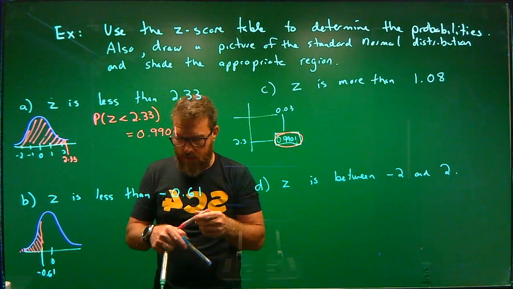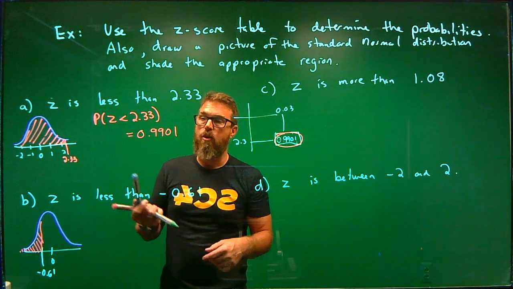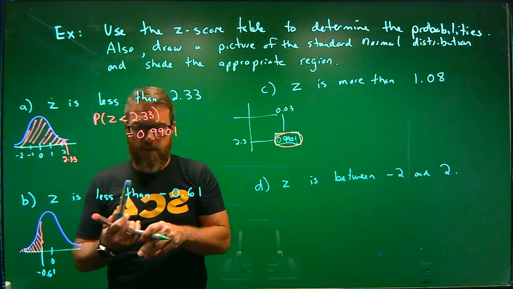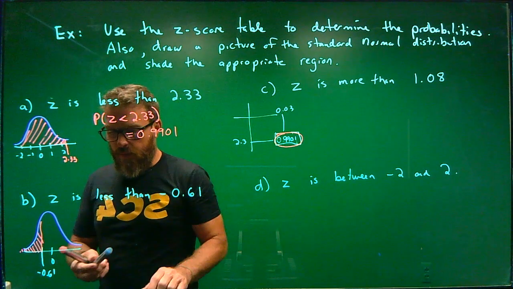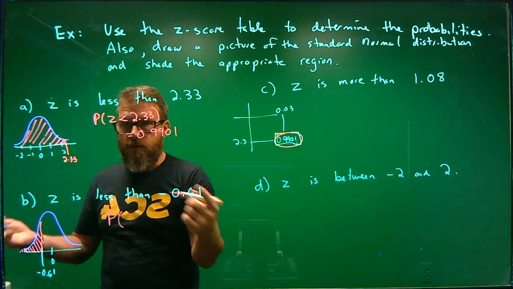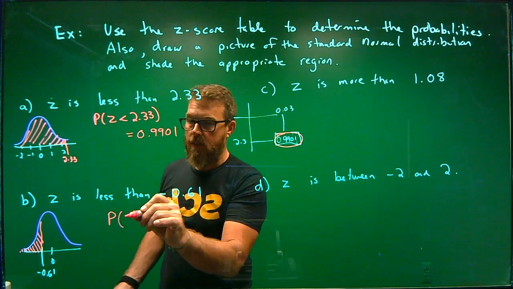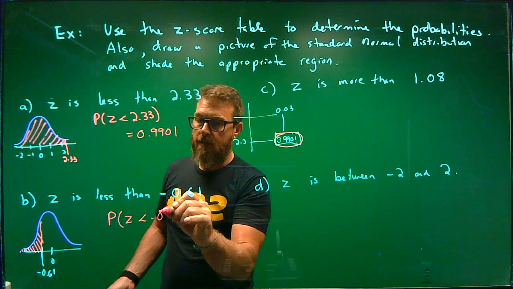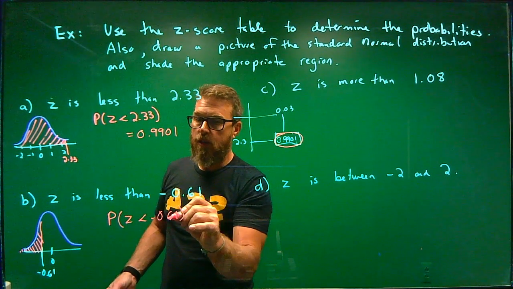That's what that z-score table does. It gives you areas, which are also probabilities. It's the sum of the probabilities. All right, so the probability that z is, I'm going to do this in pink because that means probability, which means area. So the probability that your z is less than negative 0.61